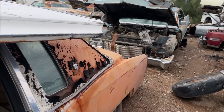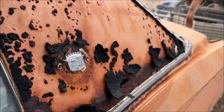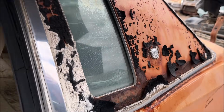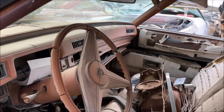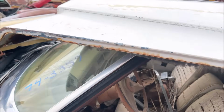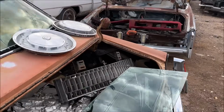Everybody knows the problem with these vinyl roofs is that they harbor moisture and eventually end up with a condition kind of like that. I want to get a closer look at that dash because I see some unique design language on the pattern there